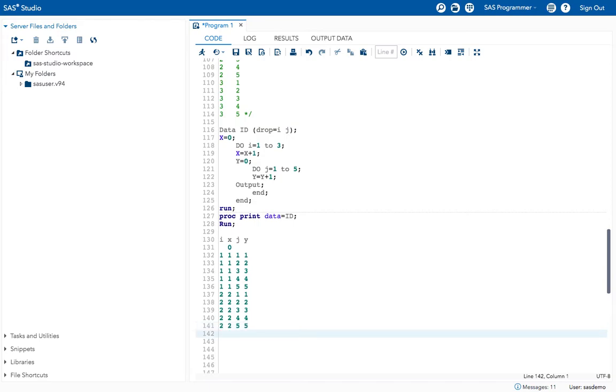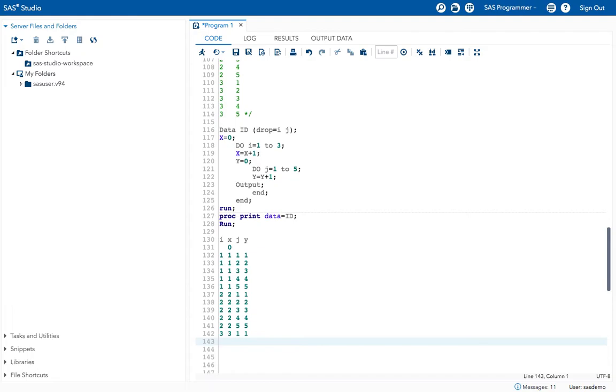Okay, and now what happens? It goes back to the main do loop. Okay, what is the main do loop now? 3. And what is the x value here? 2 plus 1 is 3. Okay, 3. And now here it comes to the nesting do loop, 1, 1.